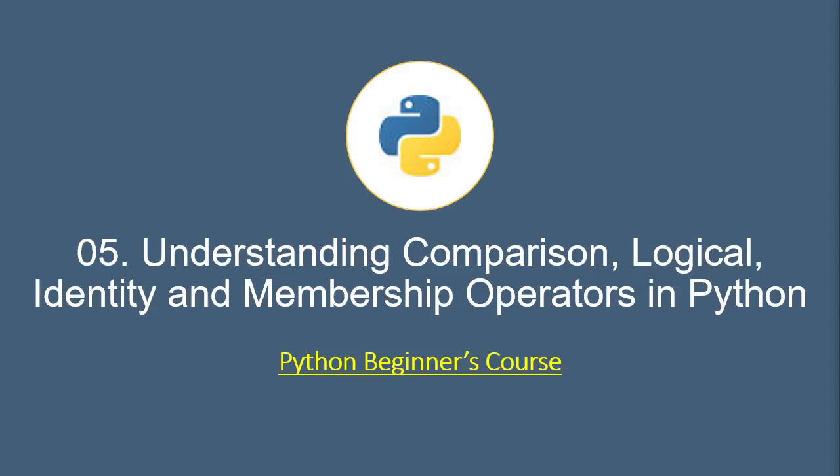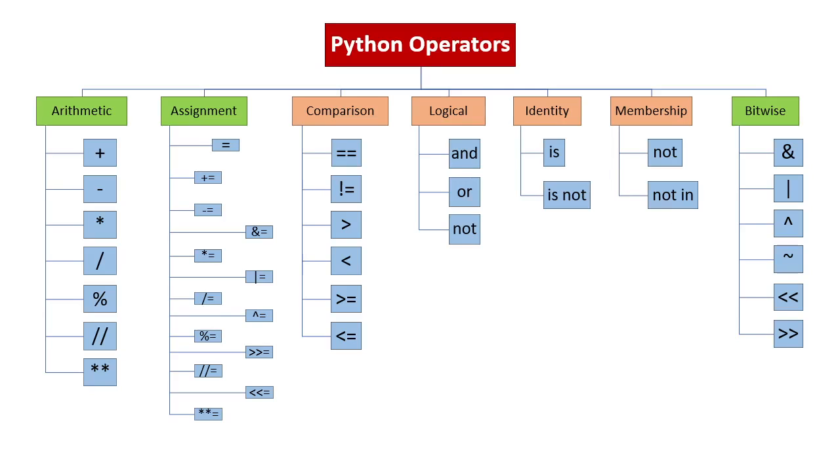Hello and welcome guys. In the last video, we introduced various types of operators in Python and then looked at some of arithmetic, bitwise, and assignment operators with simple mathematical examples. In this video, we will build on that knowledge and learn how comparison, logical, identity, and membership operators are used